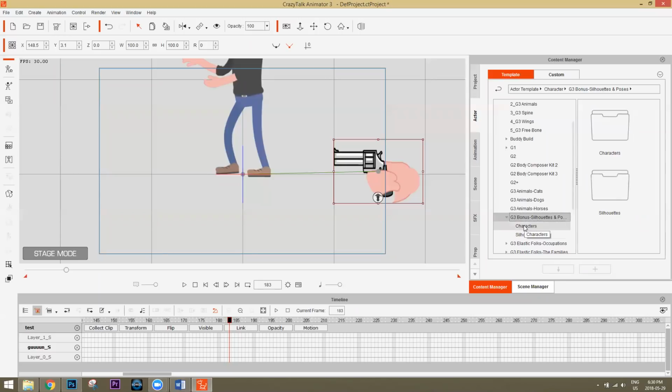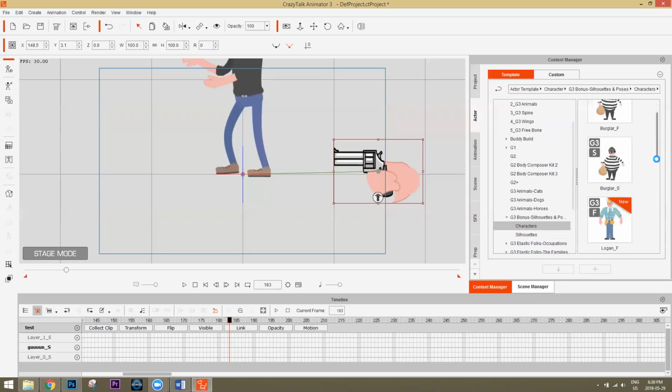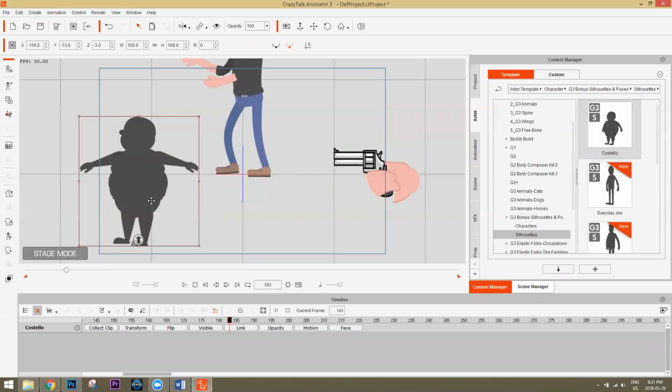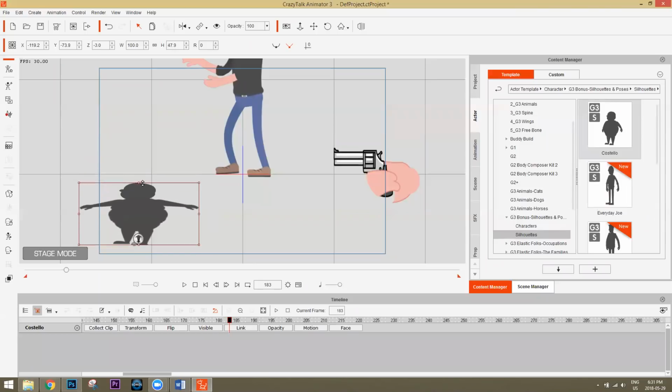Look this up in the content store, and there's a bunch of burglars and silhouettes here. I haven't actually used any of these yet, but there's a silhouette you can probably use as a shadow. Maybe squat them down a little bit and use the other character, and just link the shadow to your character.